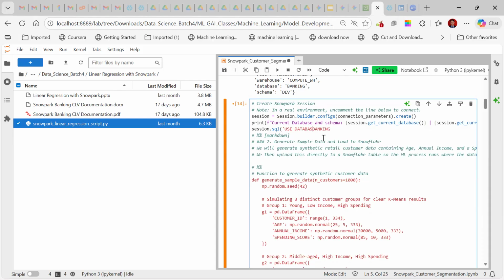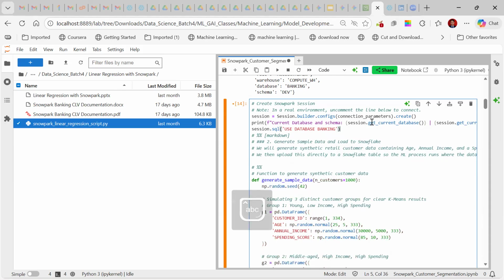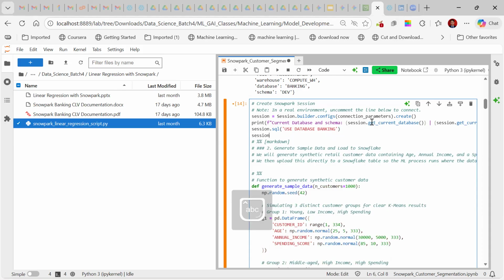Anyway, I'll try that. And then you have to say session dot use schema also, no?